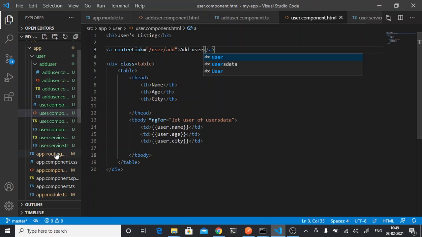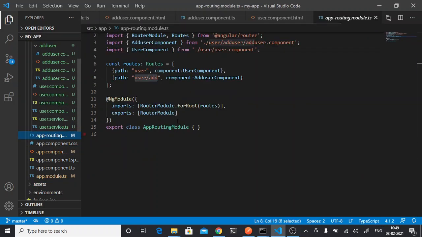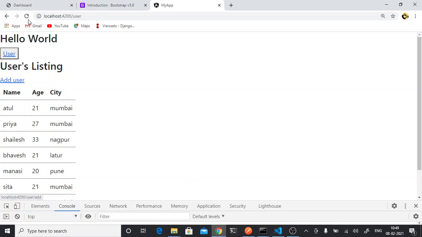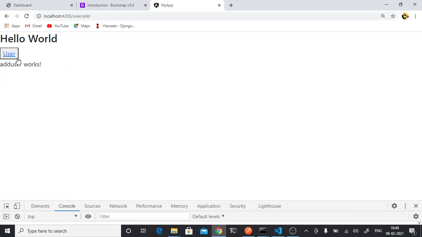And also I will have to give the routing. So routing, same way you can give. Now I don't want user, after the user I want the add component. This same routing I have given here also in my link. So let's see if I can get, yeah, I can see the add user component. In my URL, if you hover you can see in the left corner user add is what I can see in the URL. So whenever I hit this, my add user component HTML will be called.